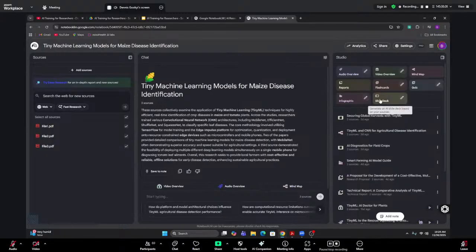So that's just one feature of NotebookLM. The other one is video overview, right? For instance, we write a lot of papers, and sometimes we would like to upload those papers onto social media platforms for people to actually read them. But once you upload a paper, you know that your paper is always technical, right? What you want to do is create a video overview of the paper you've written,